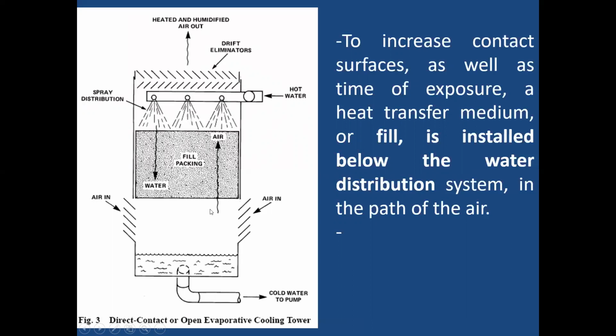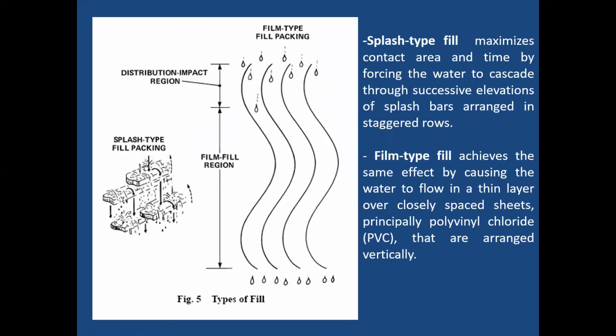So the filling material is generally used below the water distribution system to get higher delta T in the cooling tower, and it also requires less space. More contact happens, so the fill is installed just below the water distribution system. There are two types of fill material. One is the splash type fill packaging, which maximizes the contact area and time by forcing the water to cascade through successive elevations of splash bars